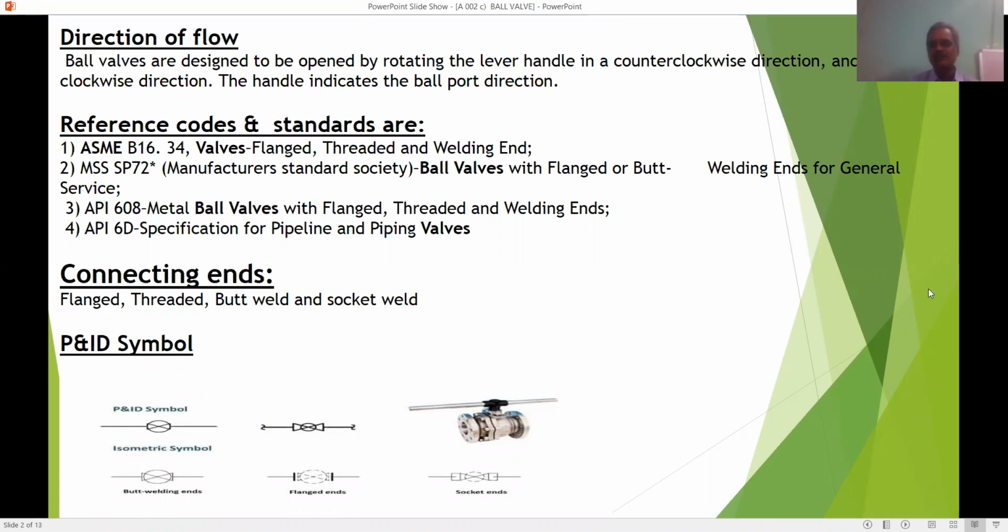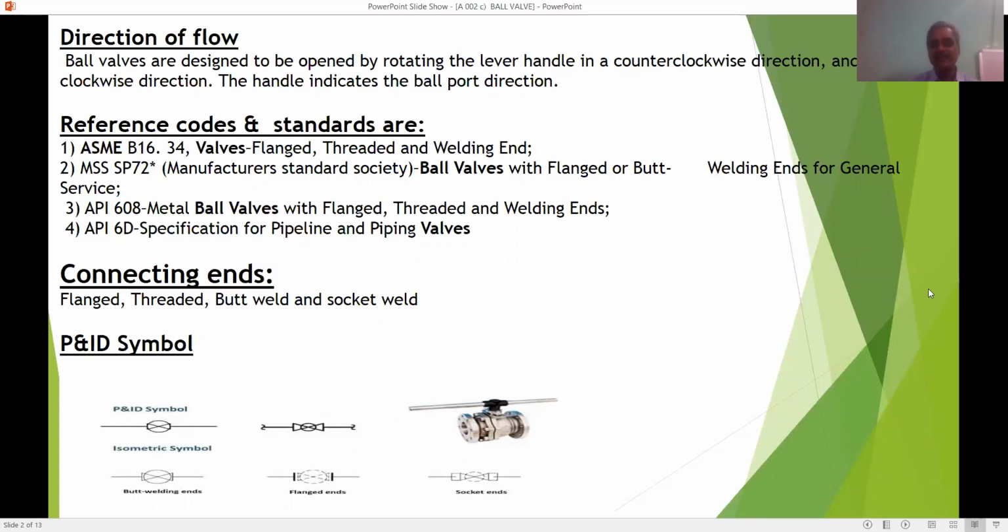Direction of flow. Let us understand very clearly. This is a ball valve. The valve has a rounded ball and a straight flow. There is no flow direction in the ball valve. Ensure that you are installing the handle as shown in the isometric drawing while installation. Do not install it upside down. That is the only thing you have to take care.